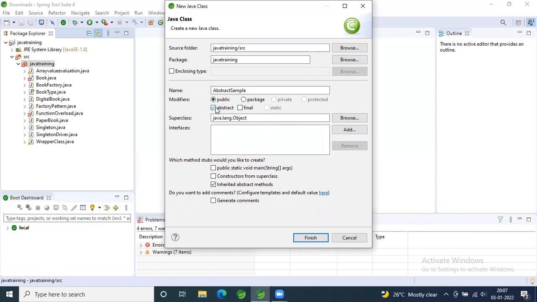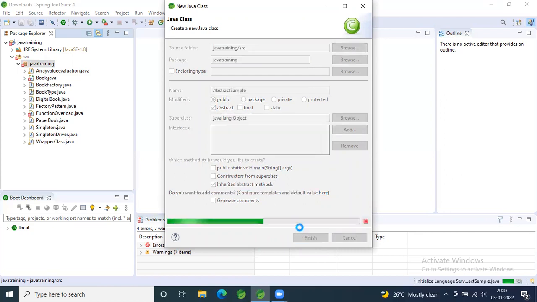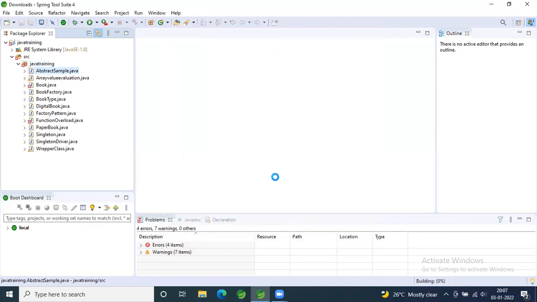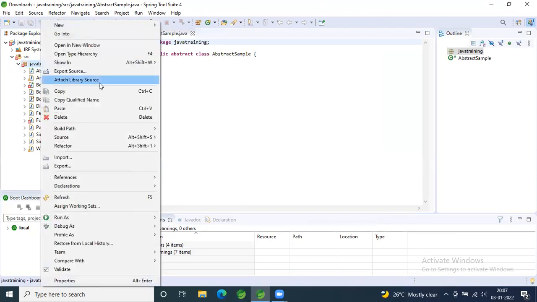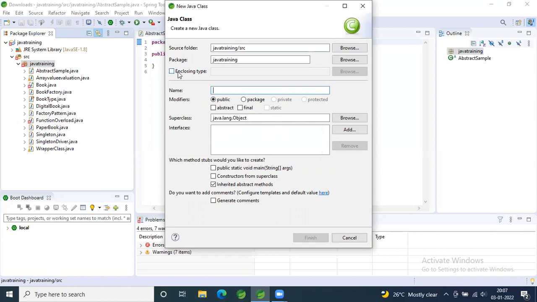Yeah, you can do that as well. Also create one more interface, similar to that. We'll do a comparison on this. It should be class only, right? Interface.